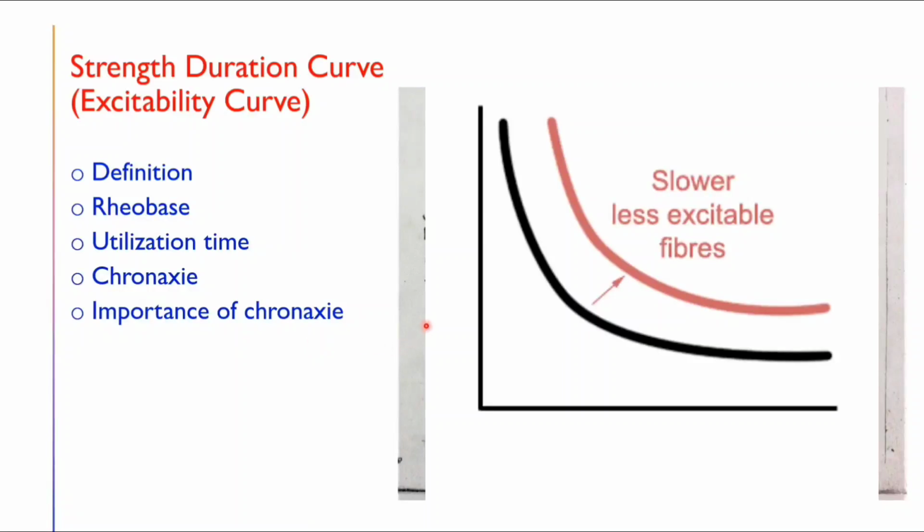Here also in the graph, you can see the black line is the more excitable tissue and the red line is the less excitable tissue. The less excitable the tissue, the more the graph will go outward and upwards. So the graph goes outward and upwards when the tissue becomes less and less excitable, and the Chronaxie will be more and more. This is the graph of the same muscle. But what is happening? The black one is the muscle having an intact nerve supply, while the red one is the same muscle, but it does not have a nerve supply. When it loses the nerve supply, the excitability of the muscle decreases. So the importance of Chronaxie is that if the same muscle shows less excitability or more Chronaxie, that means the muscle is denervated.